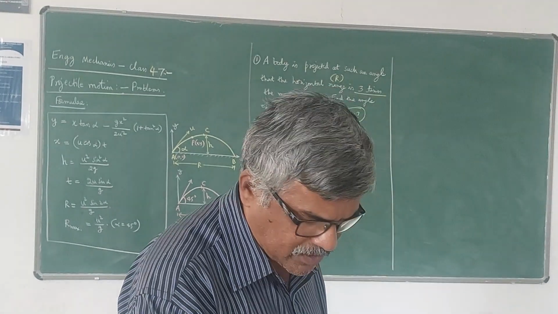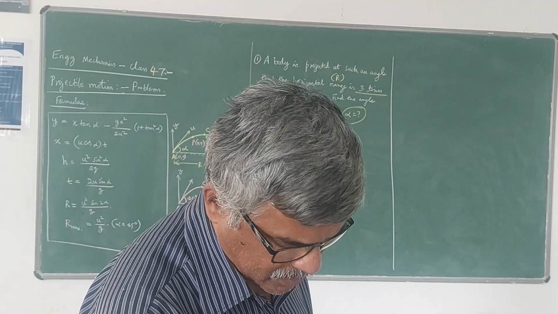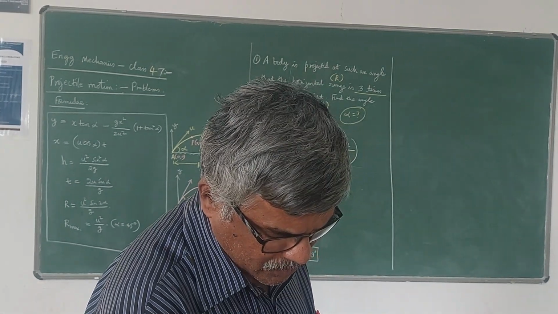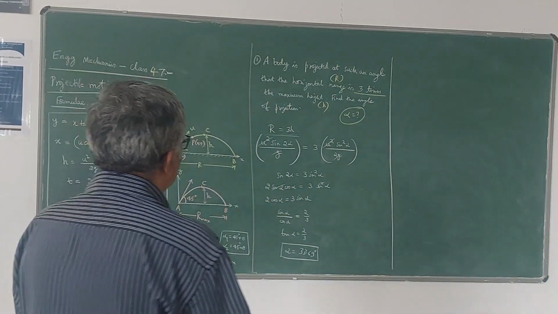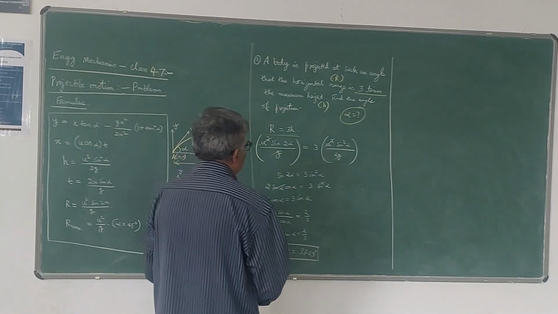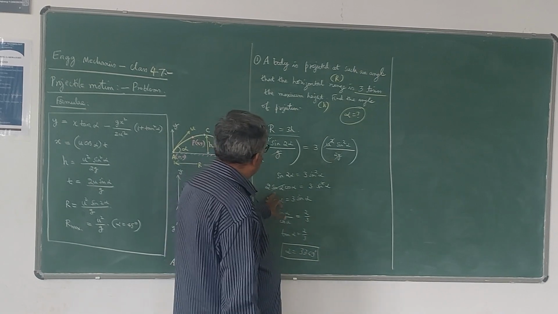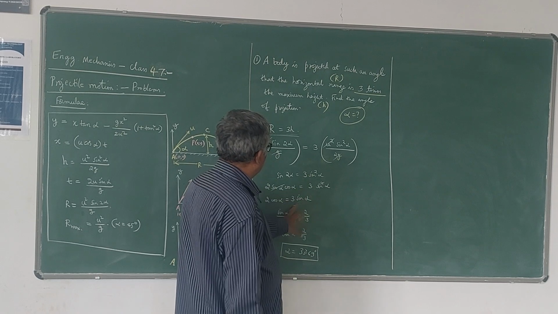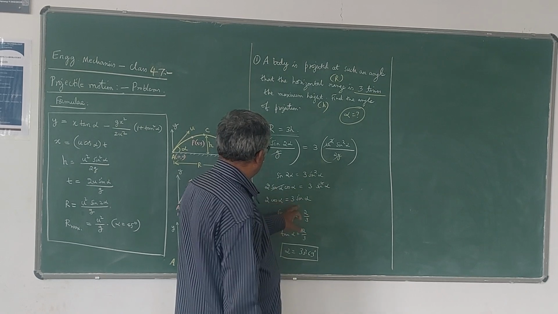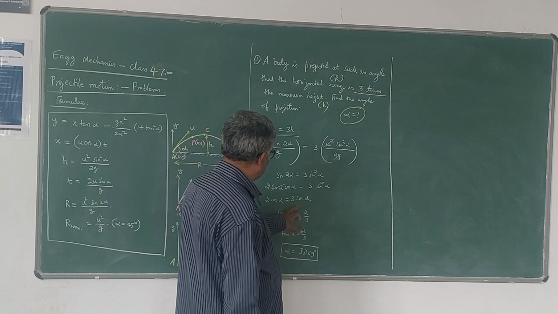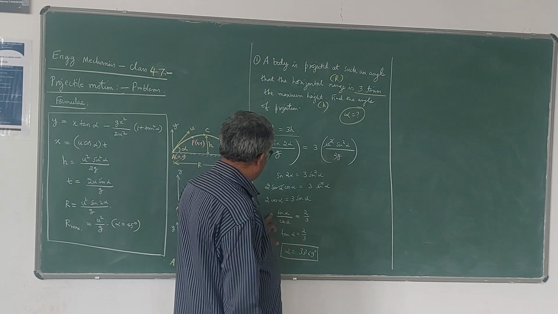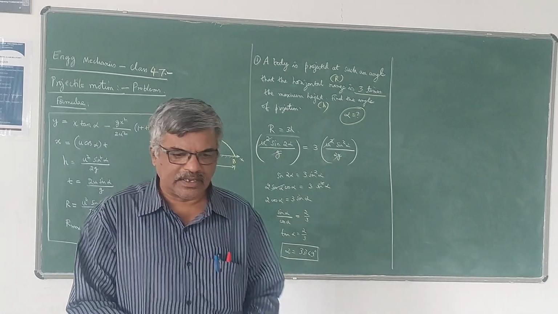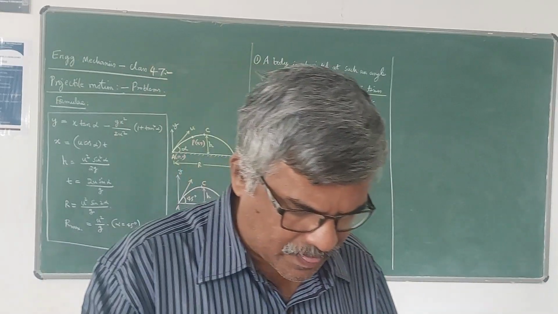U square sin 2 alpha by g is equal to 3 times u square sin square alpha by g. The g will get cancelled. So sin 2 alpha is equal to 3 by 2 sin square alpha. So 2 sin alpha cos alpha is equal to 3 sin square alpha. So sin alpha by cos alpha is equal to 2 by 3, so tan alpha is equal to 2 by 3. Alpha is 33.69 degrees. So next problem is, so we will